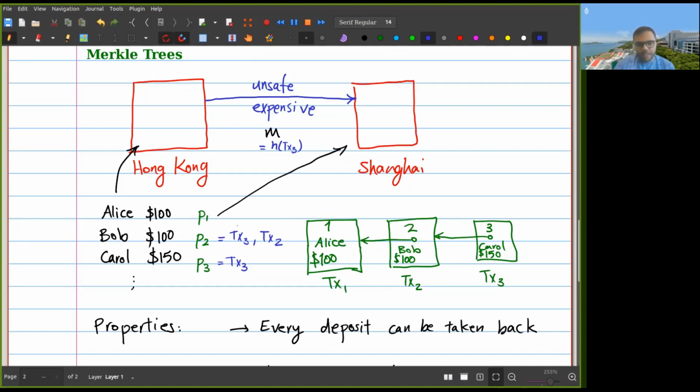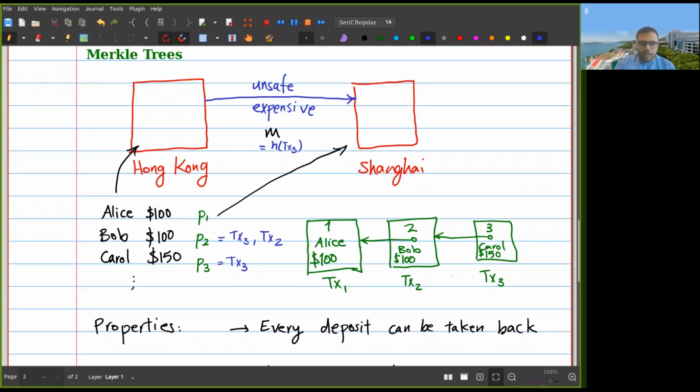But then this transaction 3 that Bob is giving them already contains the hash of the previous transaction. So now this bank knows the hash of transaction 2. But since they know the hash of transaction 2, and since Bob is providing transaction 2, they can just hash this and check if it has the right hash. And if it has the right hash, then they know that transaction 2 was also in the list of transactions. And they check and see that this is a transaction showing Bob deposited $100. So they will pay Bob his $100 back,